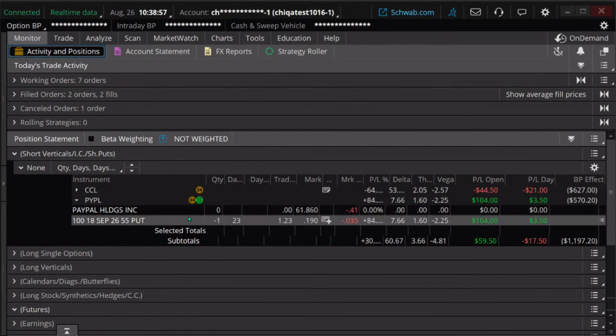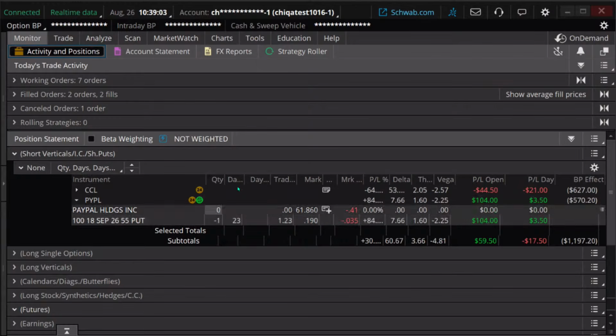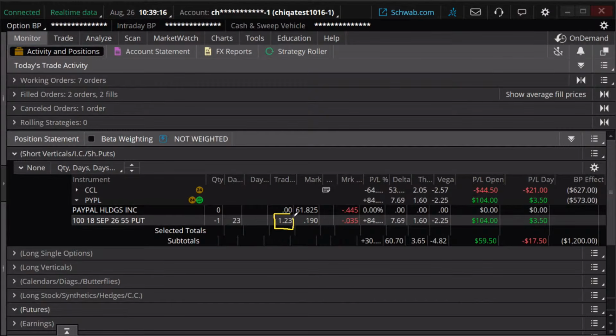At a certain point, if a stock has made enough, we already talked about this with the vertical. The vertical we looked at made a little bit, but it hadn't made enough. But let's look at this. This is a little bit of a different situation. We traded this for 123 bucks. That was the initial price. I'm not factoring in commissions here. It's now down to, we can try and buy it back for around 19 cents. So we only have $19 more we could potentially make on this trade.